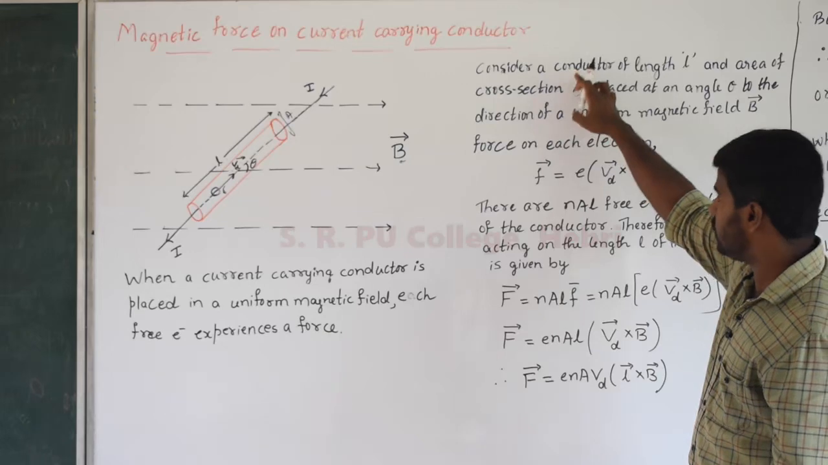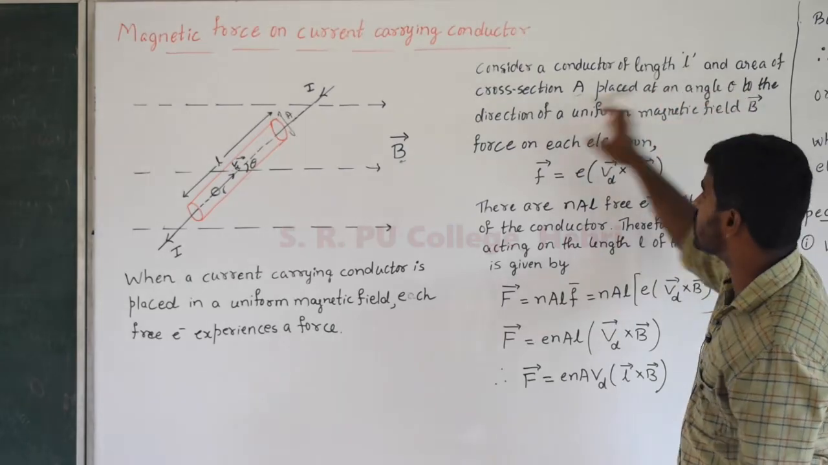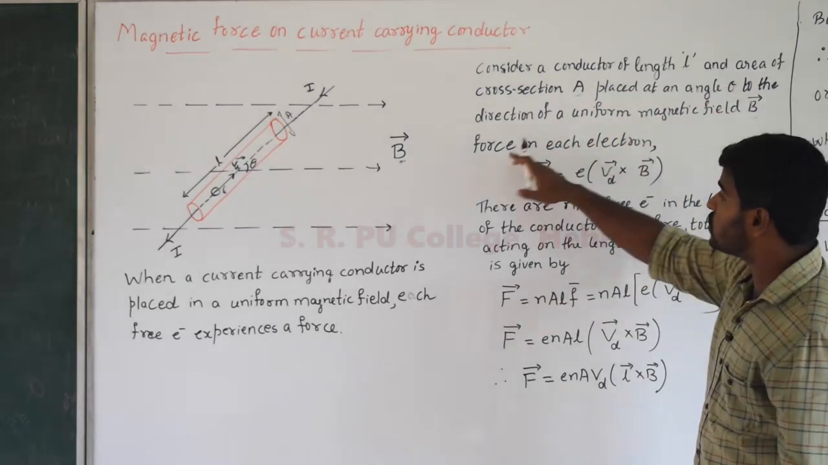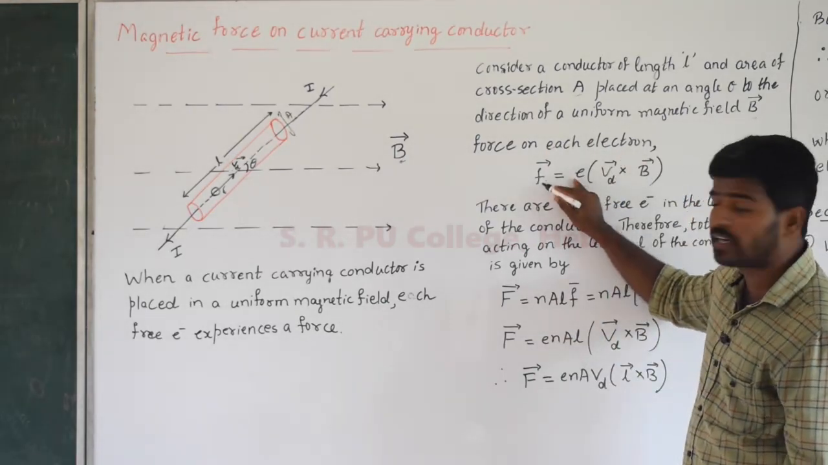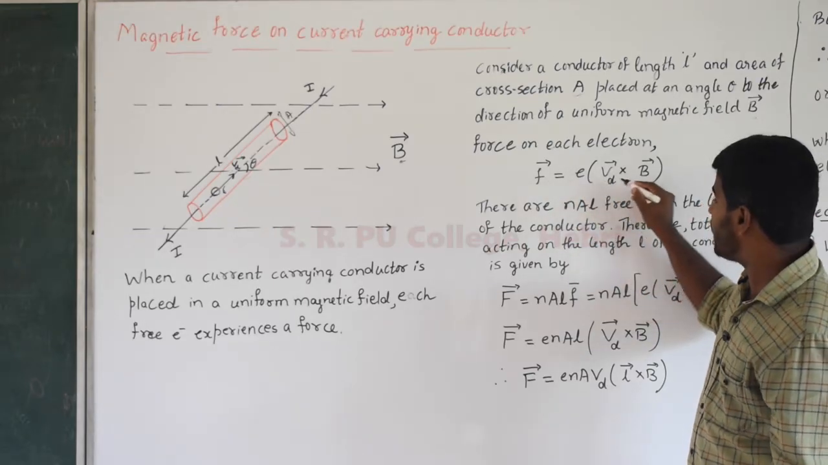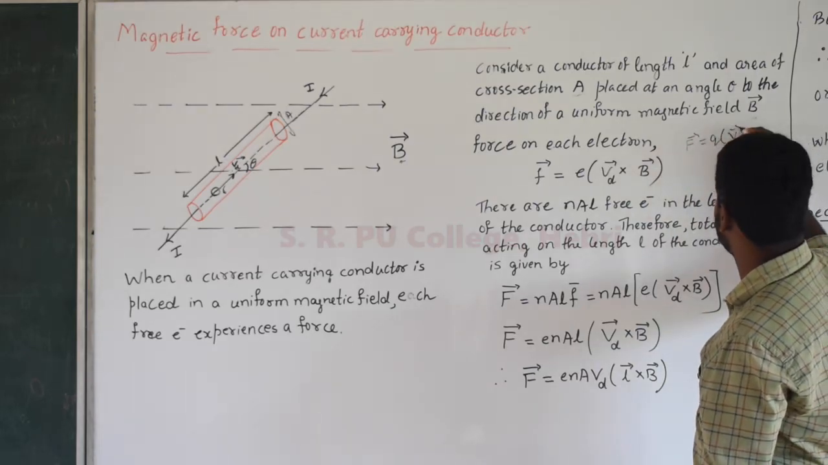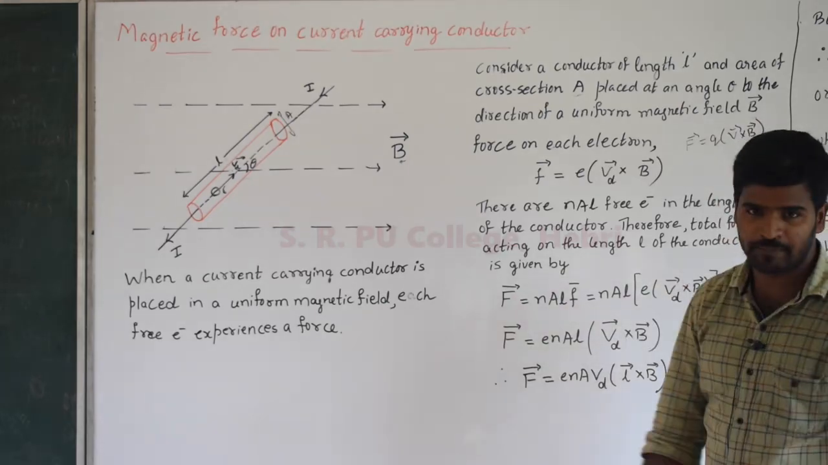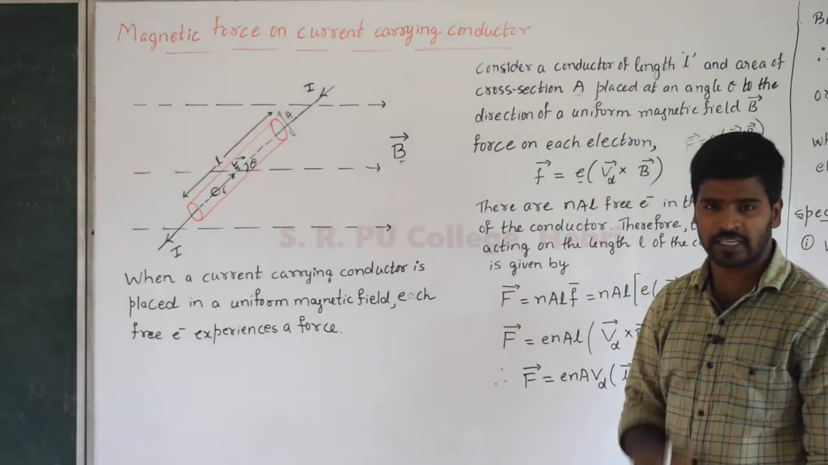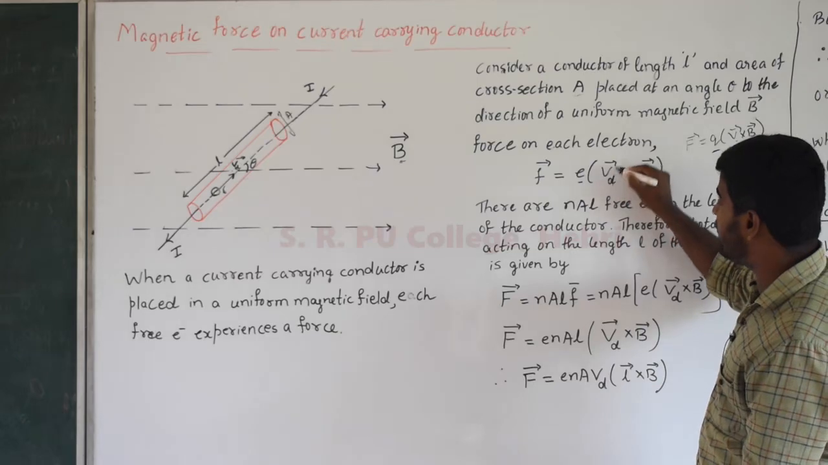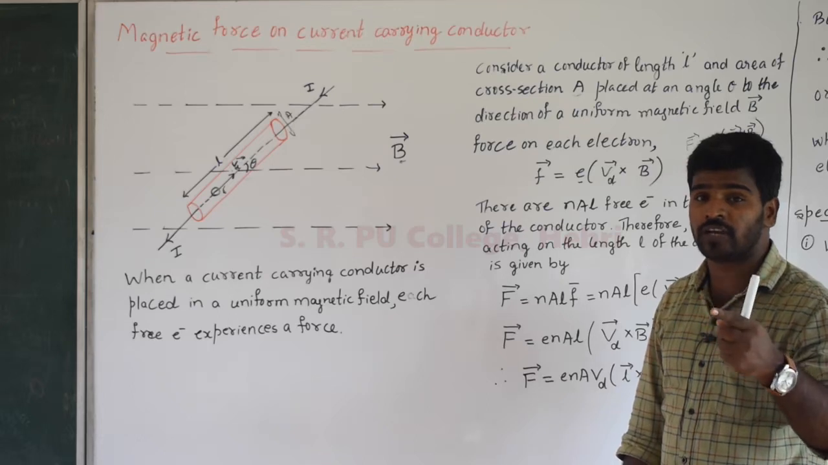Therefore consider a conductor of length L and area of cross section A placed at an angle theta to the direction of uniform magnetic field B vector. The force on each free electron, F vector, is equal to e into VD vector cross B vector. This equation comes from F vector equals Q into V vector cross B vector, the magnetic force on a moving charge which you have written. Q is replaced by e, the charge of the electron. V is replaced by VD vector, the drift velocity, the average velocity with which the free electrons drift towards the positive potential